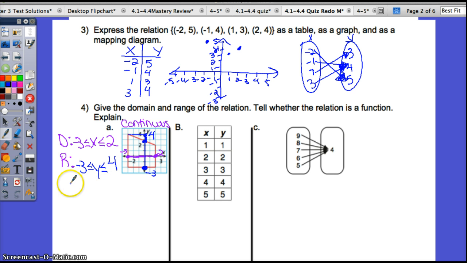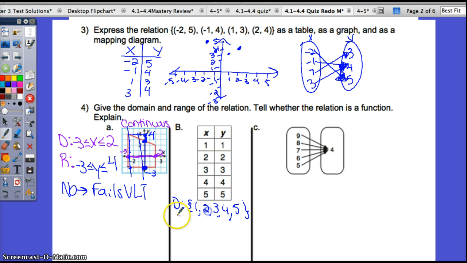And is this a function or not? No, it's not. Because if you do the vertical line test, right here, it touches it infinitely many times. Here, it touches it twice. It fails the VLT. Letter B, these are distinct points. So your domain is the set of 1, 2, 3, 4, and 5. Your range is the set of 1, 2, 3, 4, and 5 as well. And yes, this is a function because each